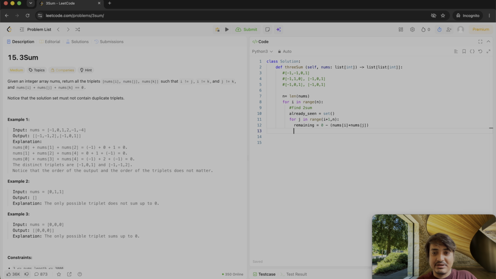And as usual we'll add to this already seen set when we are iterating. We add nums of j, like we did in two sum. And over here we'll check if remaining is in already seen. Then we'll take a result set over here, I mean at the end we need to store it somewhere, right? All right, so if remaining is in already seen, then what we can do, so then the triplet